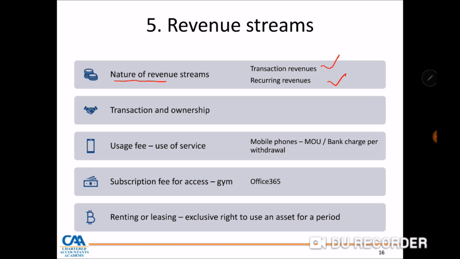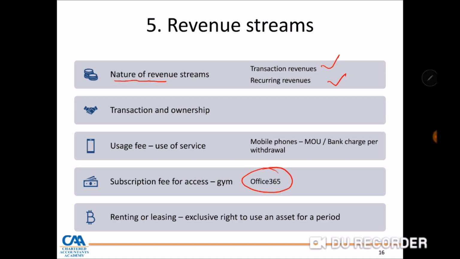A classic example is Microsoft. Some years back, for you to have access to Microsoft Office, you needed to pay a once-off fee. So at that stage, Microsoft was earning transactional revenue. But with the advent of Office 365, Microsoft is now moving more to a recurring revenue model, whereby you buy an annual license for Office 365. Obviously, if you're doing the math, in the long run, recurring revenue streams will make you more money than transactional revenue streams, because with recurring revenue streams, you lock the customer onto your platforms.